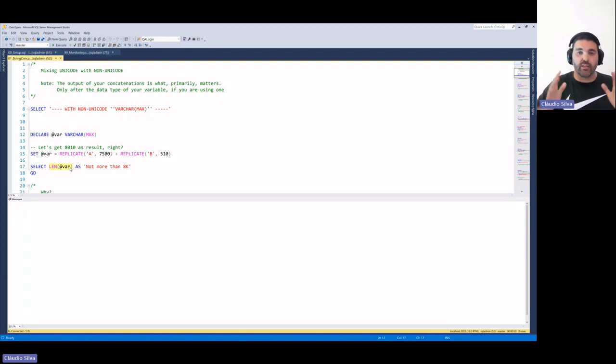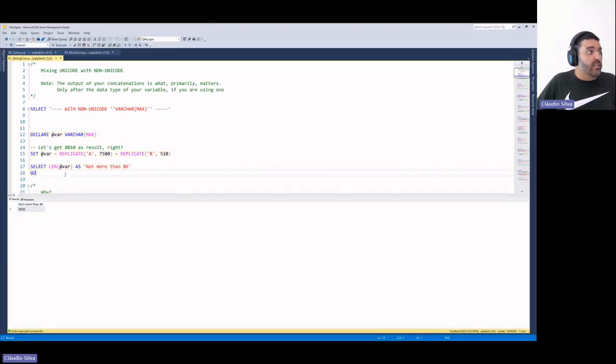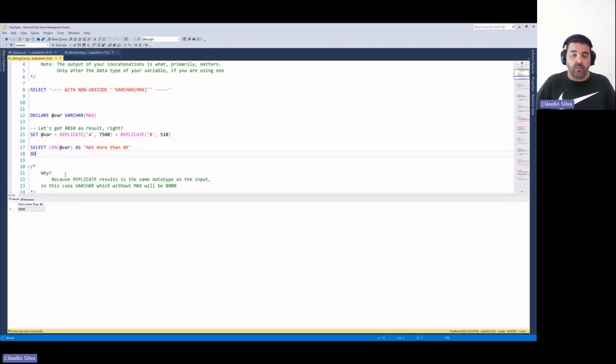I'm trying to get the length of the string when I concatenate 7,500 characters plus 510. Out of the box, everyone would expect to get 8,010. However, we don't get more than 8,000. Why does this happen? The main reason in this specific case is that the replicate function will output the same data type as the input.